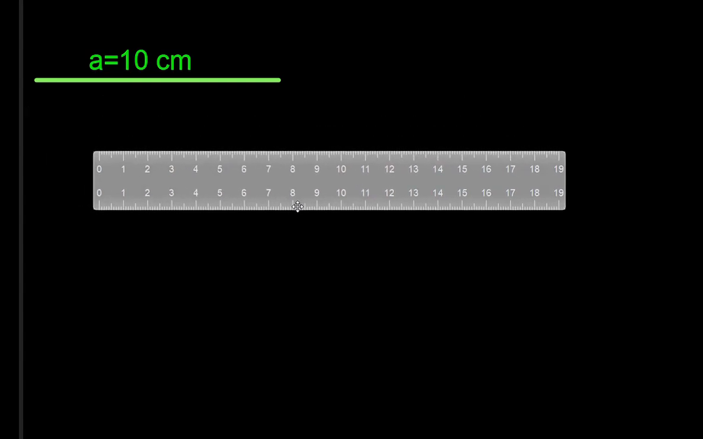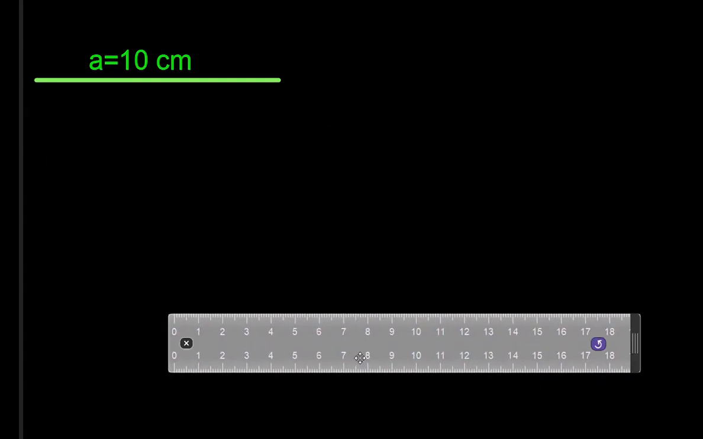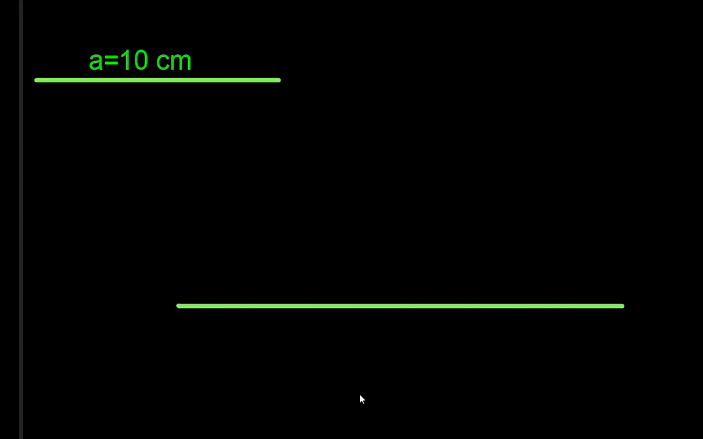So first of all, we draw any ray here. To make it a ray, we have to make an arrow sign here. Okay. Now